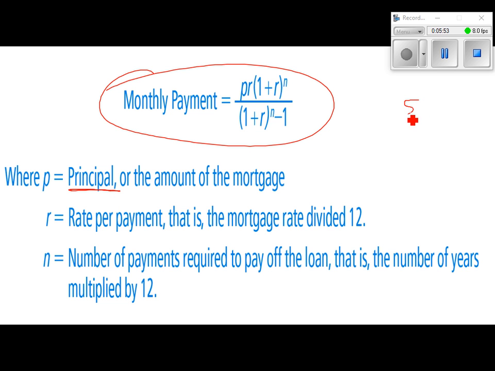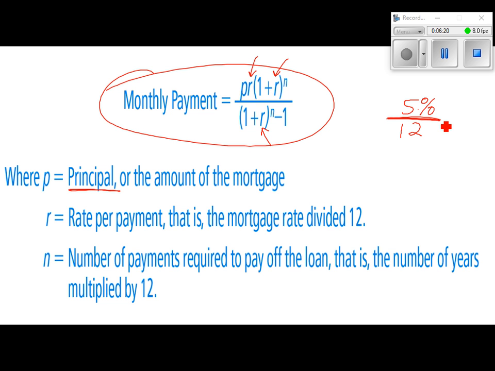It might be like 5%, but you've got to remember that for the R, we want that 5% divided by 12. So everywhere you see R, you're going to put in whatever the percentage is divided by 12, because you want percent per month, not per year, but per month. So you've got to divide each one by 12, and then N is the number of payments over the entire